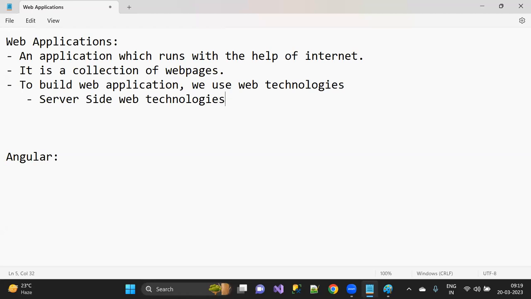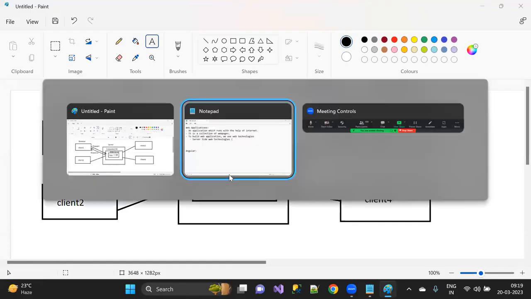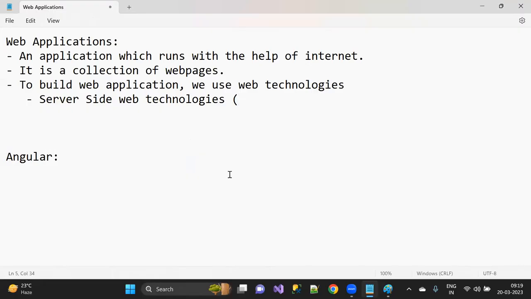Now, what is meant by server side web technologies? Technologies which will be understandable by the web server. Those are what we call server side technologies. I hope you might know, you have already learned something like JSP, or let's say Struts MVC.